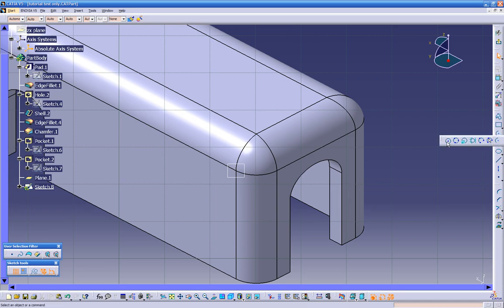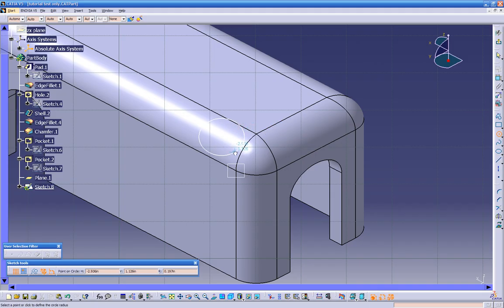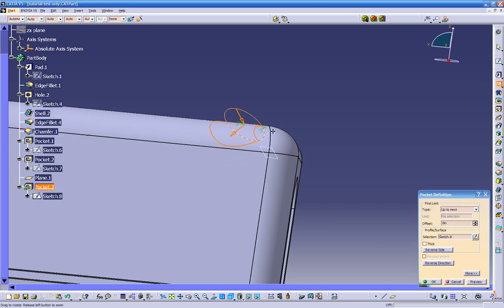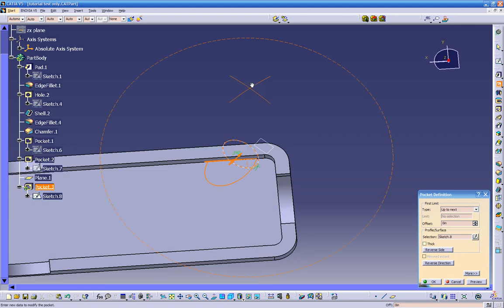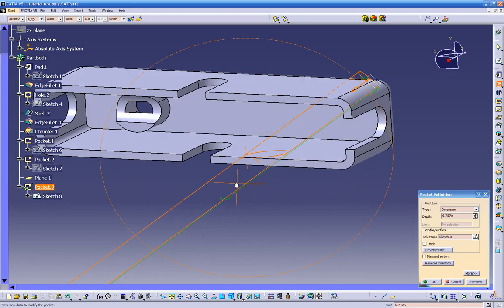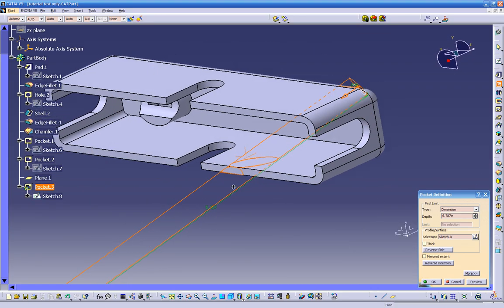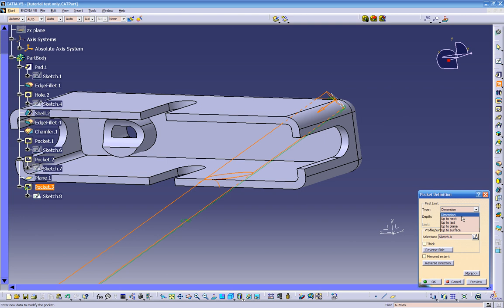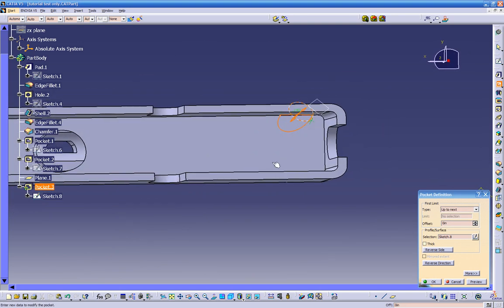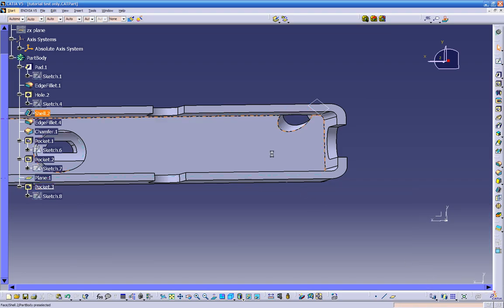whatever shape our drawing shows. So click on arc, click OK, and then click on the pocket, and we can go up to next, or you can give it a dimension. It's going through the whole part, and if you want to go just to the up to next, it's just going to stop on the first surface where it's projected. So click OK, and